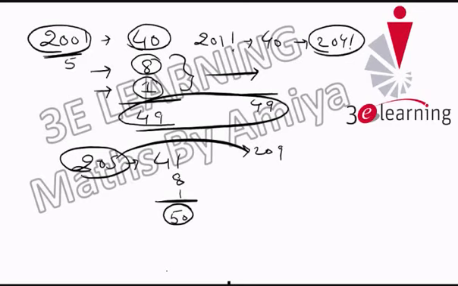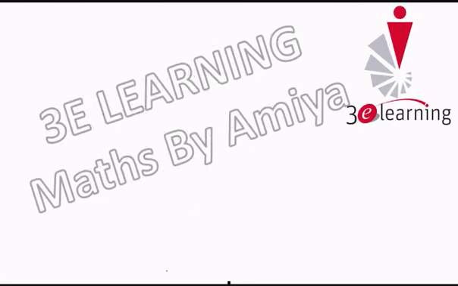So my question is, if we have a factorial we can find the number of zeros, but if we have the number of zeros, can we find the factorial? Okay, let's try how we do this. We just checked that in 200 factorial we have 49 zeros at the end. Now the question is, if we have 49 zeros at the end of n factorial, then what is the value of n?